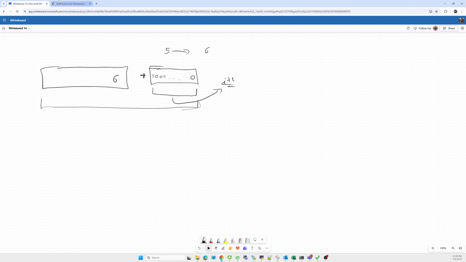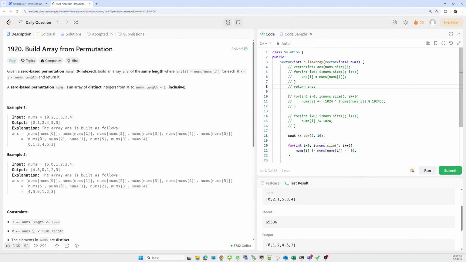So how can we put it here? We have two approaches. The first one is that we can multiply by 1024. After multiplying this number, we shift it beyond this range, beyond the 1024 range.